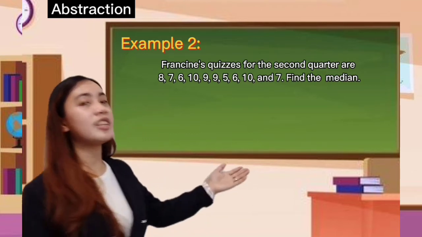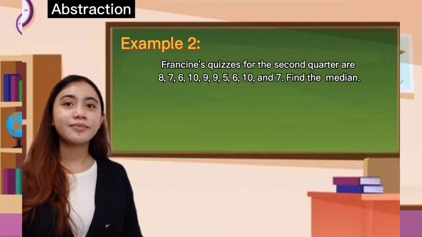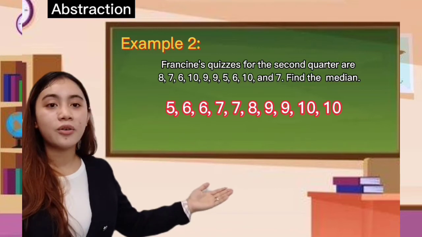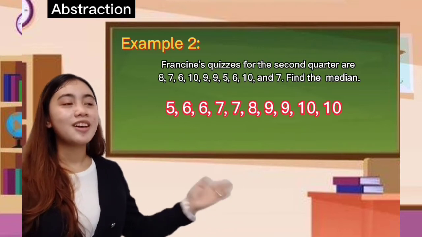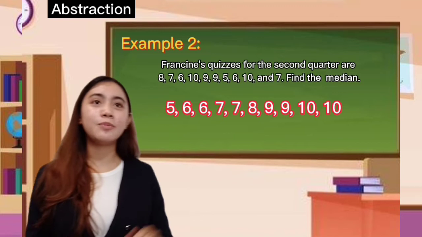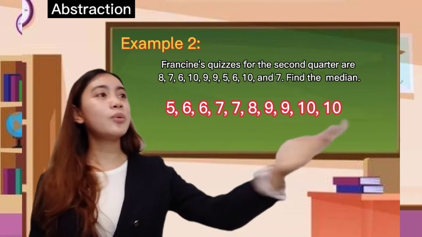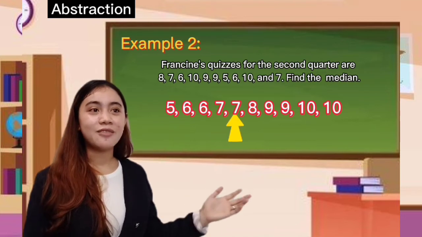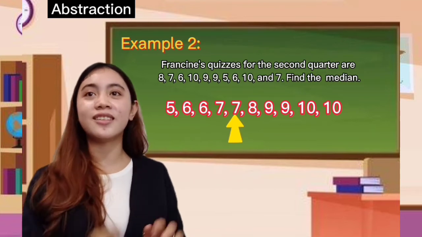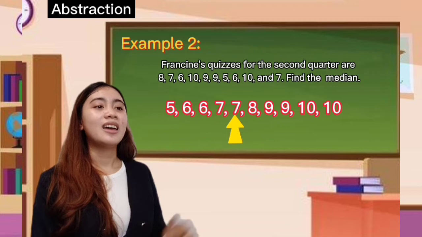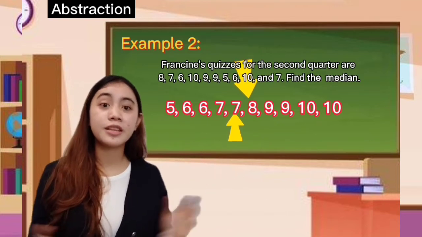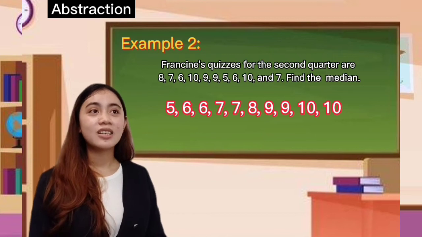Very good. Who can arrange the data in ascending order? Yes, Joanna. Are the data now arranged in ascending order? Very good. Now who can give me the middle number? Yes, Chloe. Very good. It is number 7. Oh, another hand. Reginald. Yes. Also, number 8. What have you observed in our data sample, class?